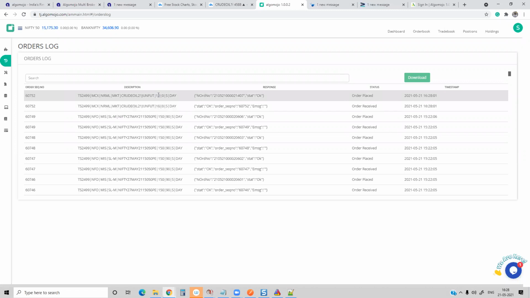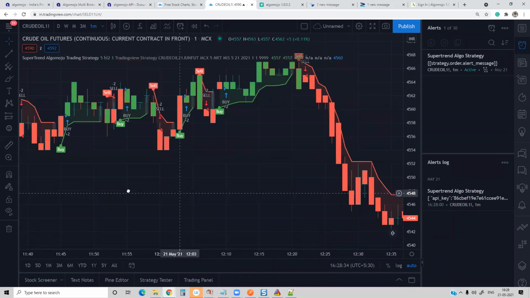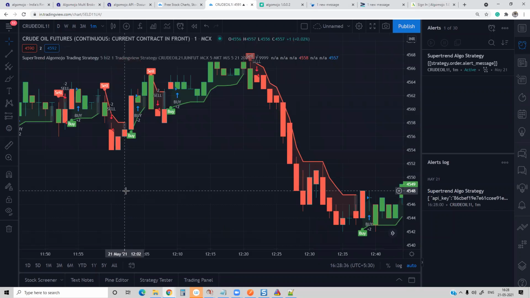Because right now it is trying to double the position. Why is it doubling right now? Because in the morning it had taken +1 signals and a lot of long and short signals have happened. If you are entering in the middle of the trade, where your long signal is already continuing, definitely your first trade has to be manual only. After that, you can leave it to the system.